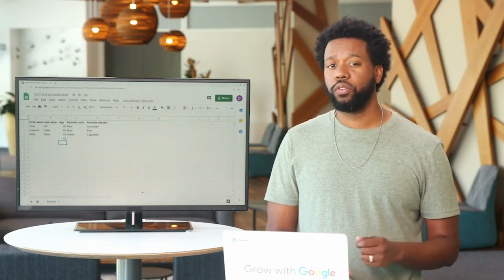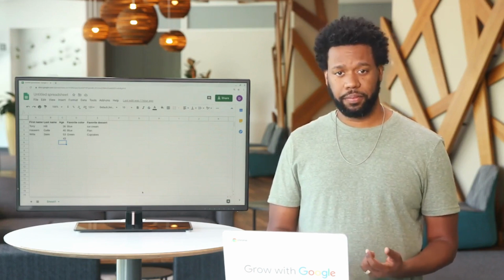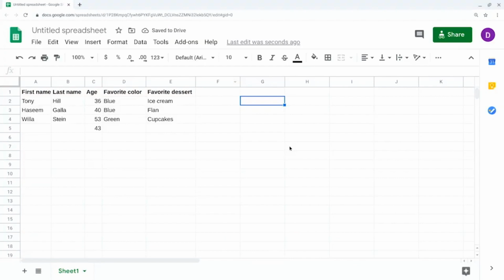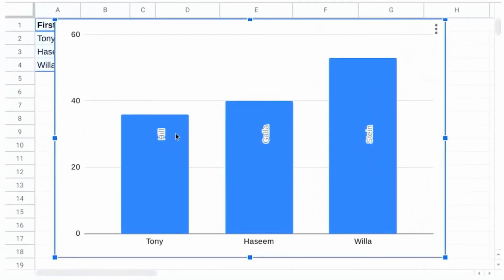If you created your own for practice, you can open it up now or try this out later. Here's the data we added before. Let's create a visualization of the data by inserting a chart, a bar graph. Boom! You can see that the spreadsheet visualized the data from our table in a way that made the most